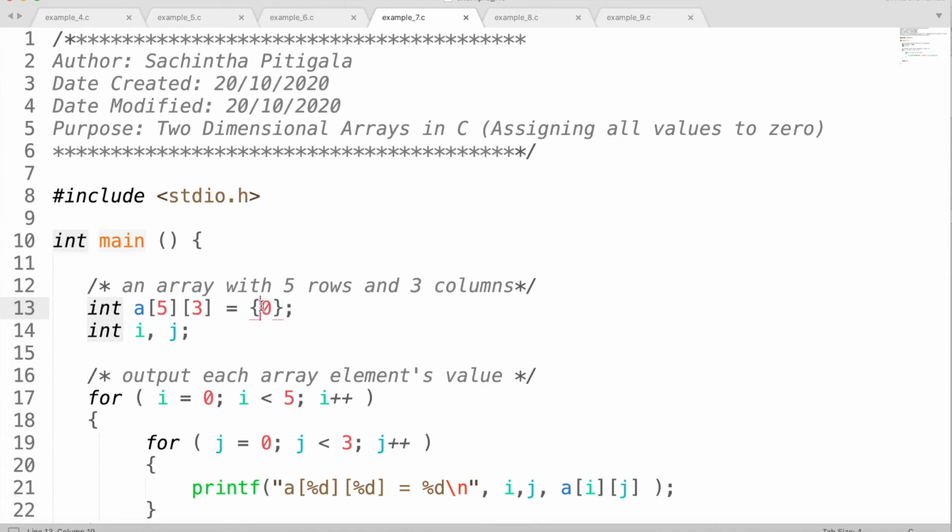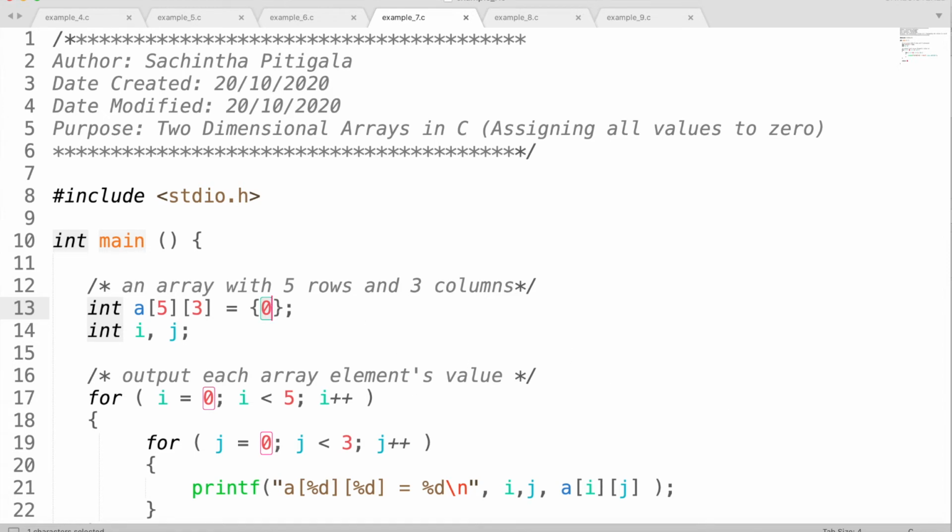Why? Because in my two-dimensional array, I have 15 elements, but I have specified only the first element. So then C will automatically fill the rest of the 14 elements to be 0. That is automatically done by the C compiler, right? This is the way you can initialize all the values of a two-dimensional array to be 0.